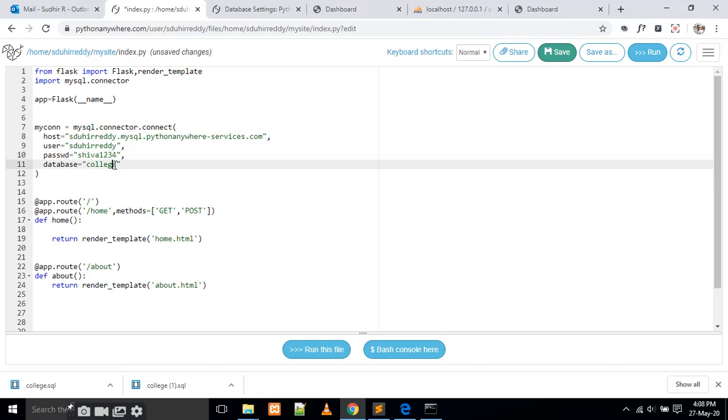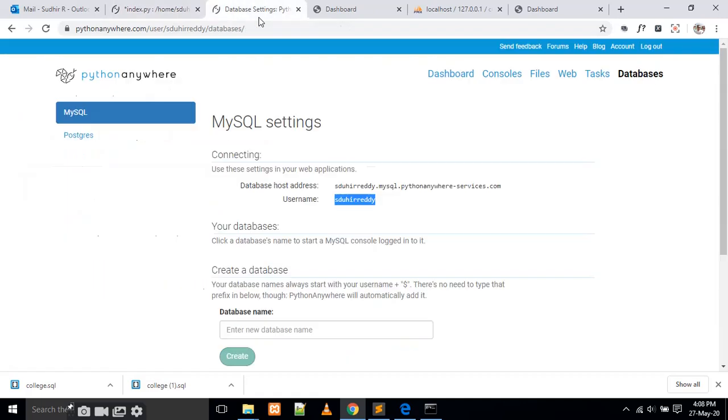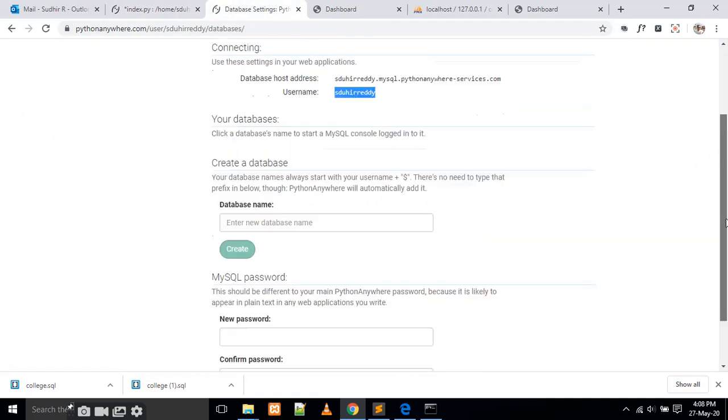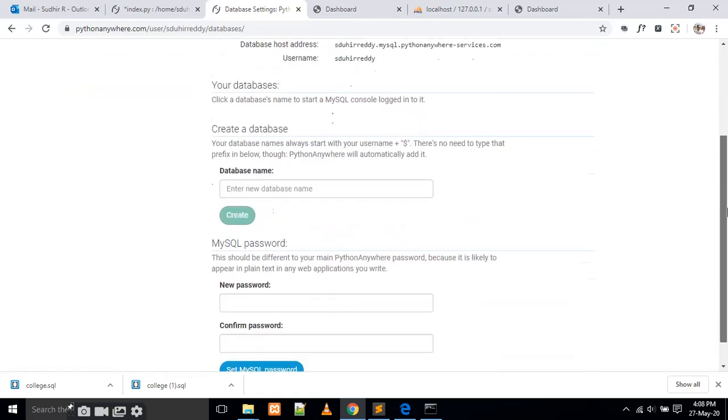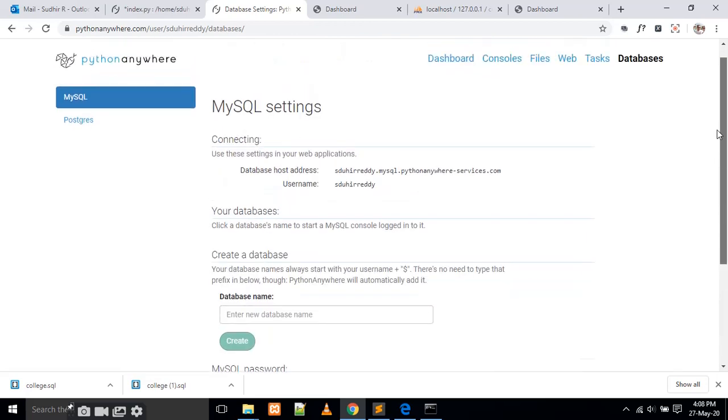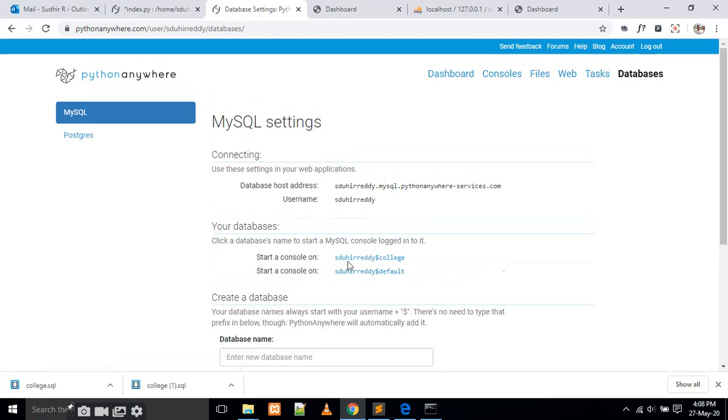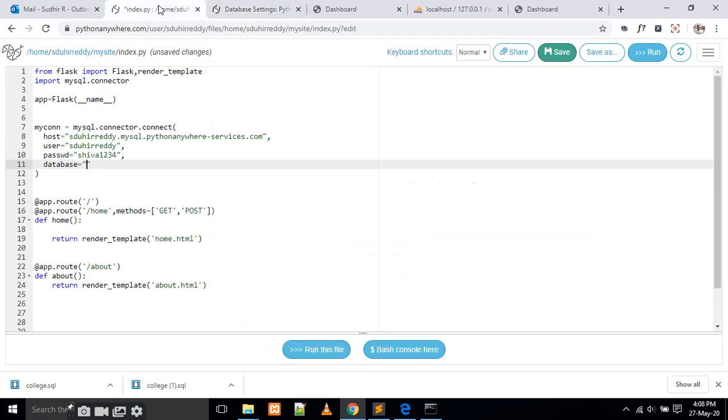And the database name is not only college. The database name is this one. We can write like this, not only college.